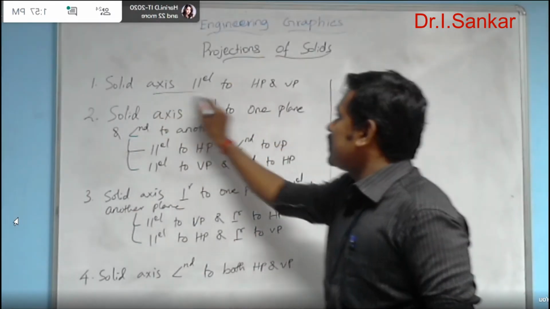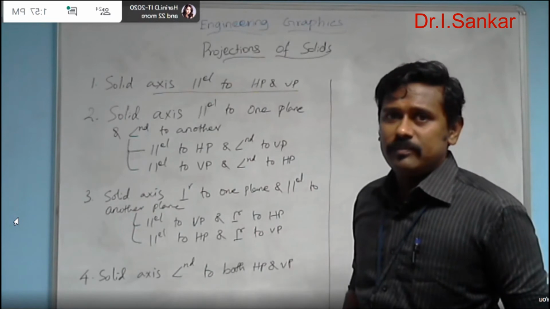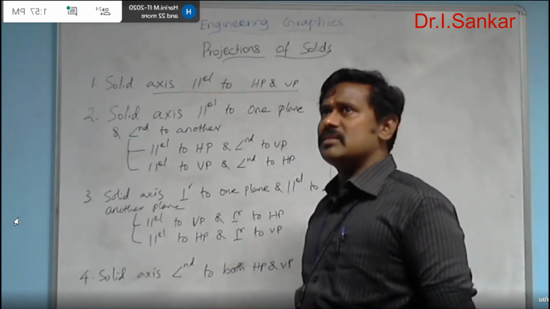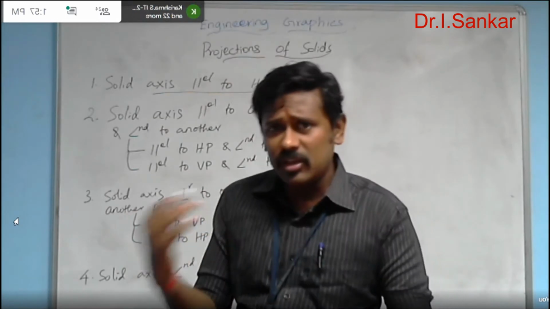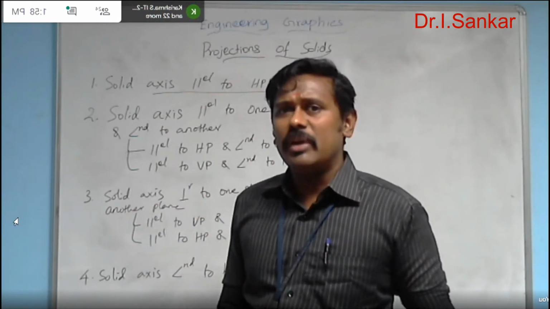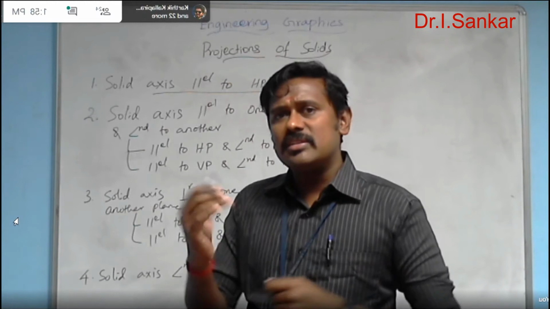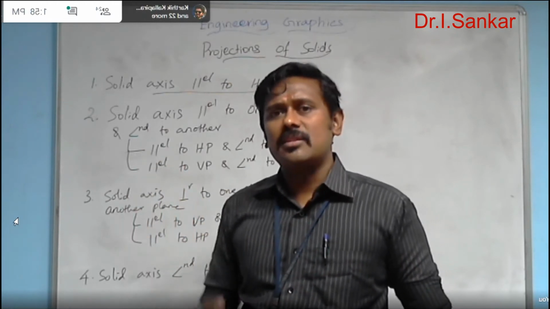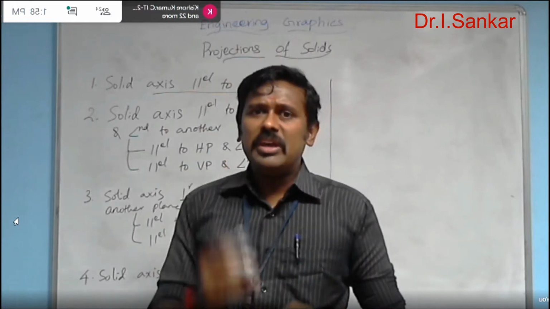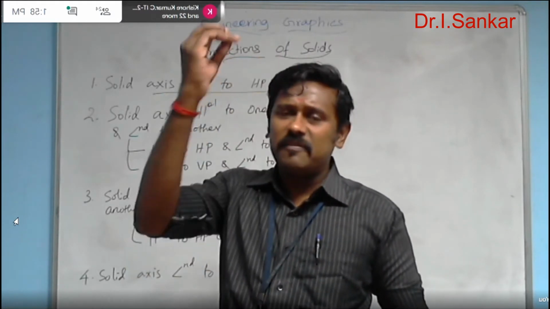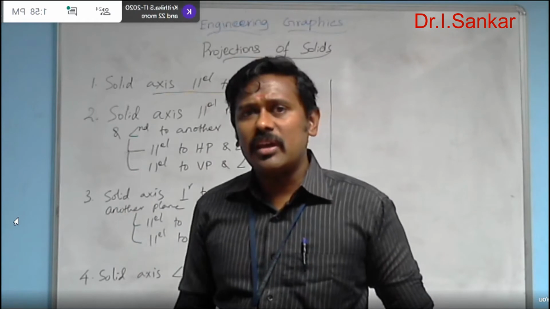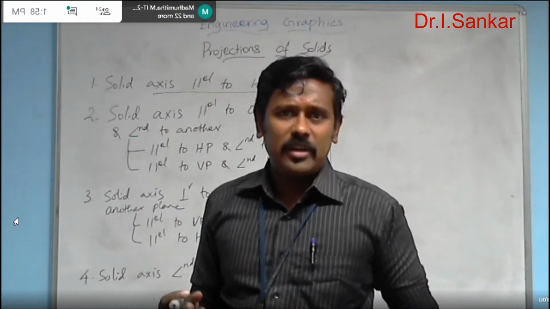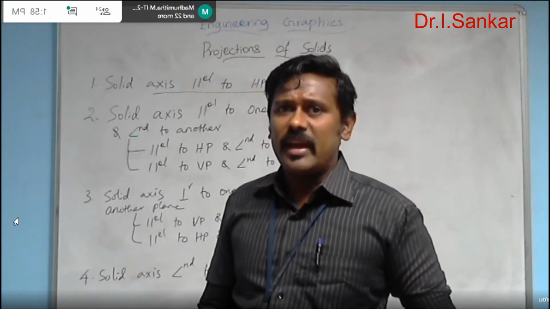First, the solid axis parallel to HP and VP. Axis parallel to both HP and VP, just like a straight line. So here your axis is actually a straight line only. The axis is actually an imaginary line. It is considered inside the solid in a particular place. That is, in the case of the prism, the axis is nothing but the line connecting the base center and the face center. And in the case of a pyramid, the axis is nothing but the line connecting the center of the base and the apex point. In that way only we are considering the axis as a straight line.